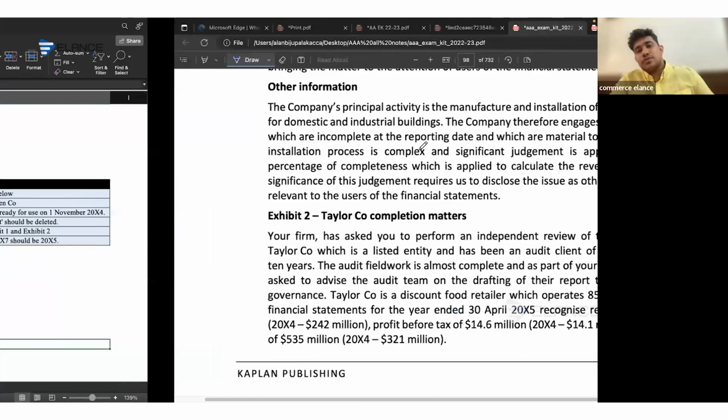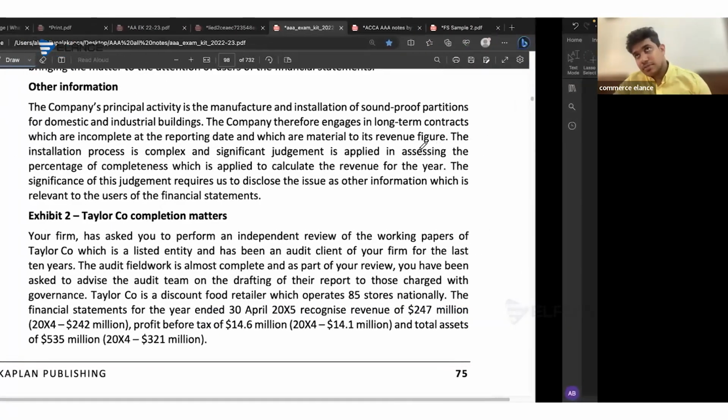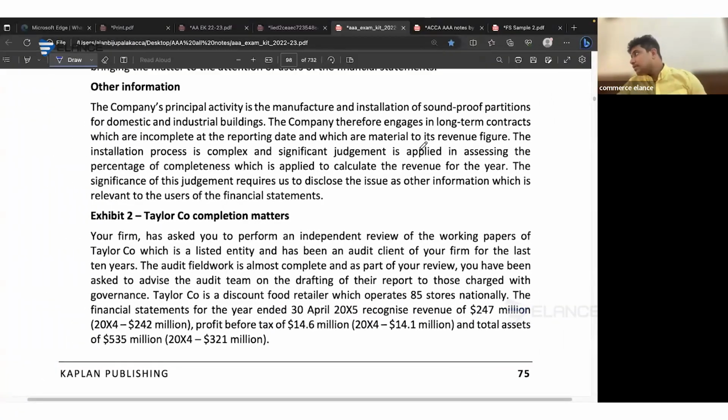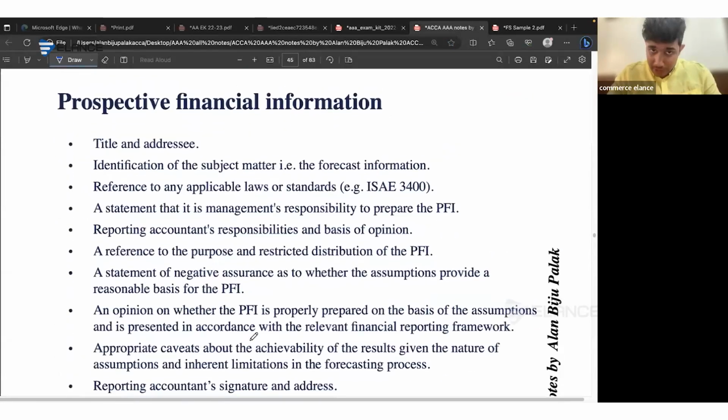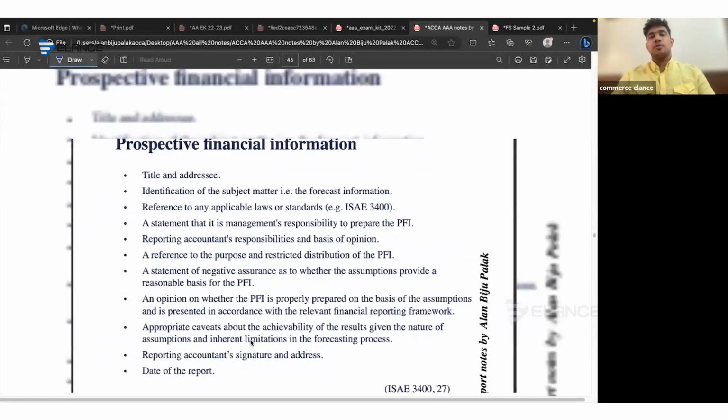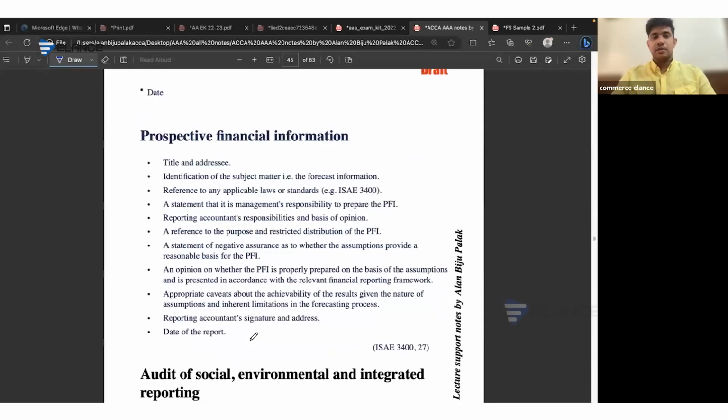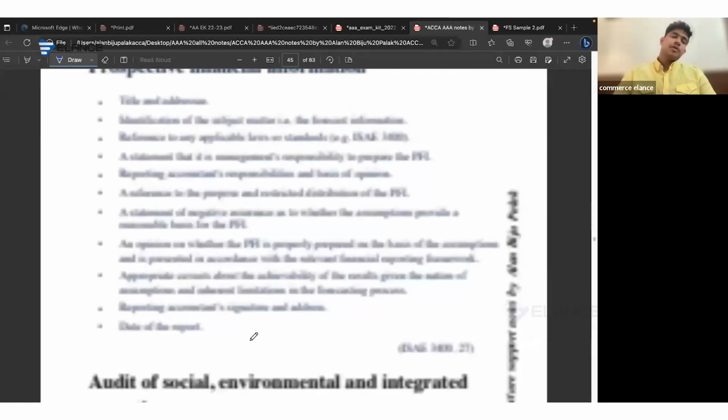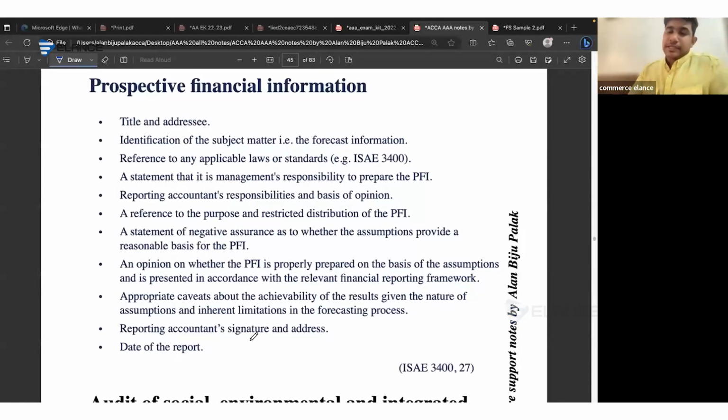All right. So that was one of the most important things that we need to discuss about critical appraisal. There is a very high chance of getting a question from the area of critical appraisal. And we have also got the critical appraisal of PFI engagements. It's very important to learn the format for the PFI because it has been asked in multiple exams as a direct question. As per ISA 3400, you have to have a clear understanding about the prospective financial information